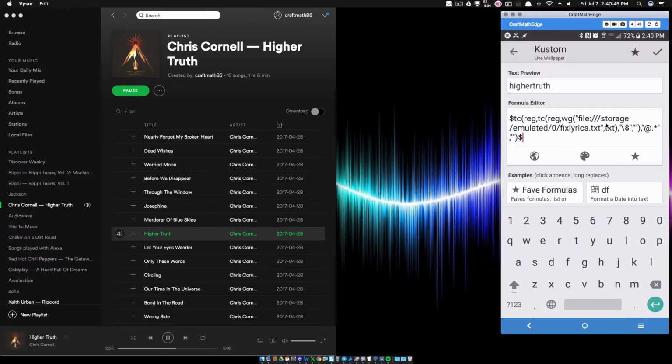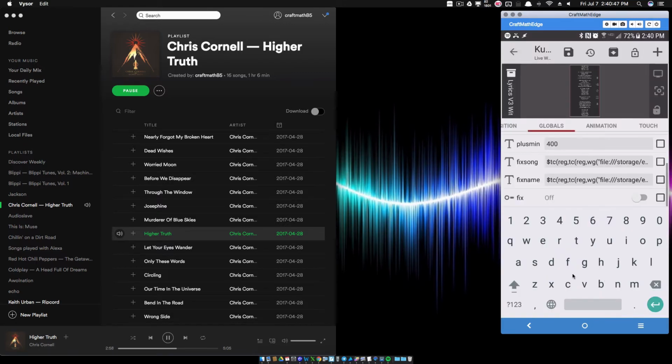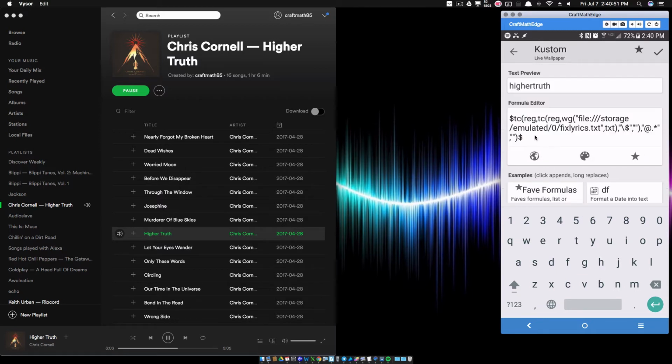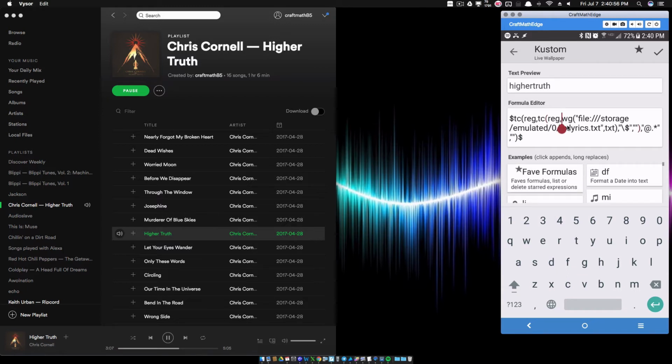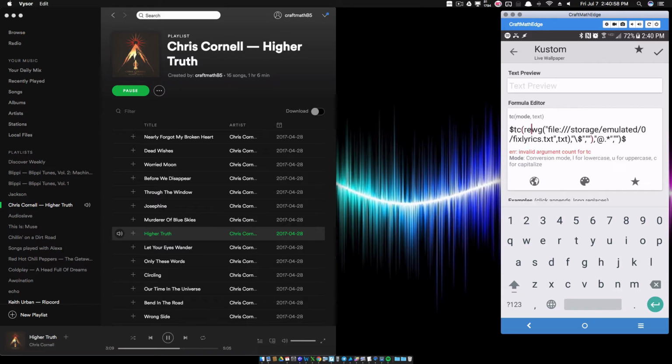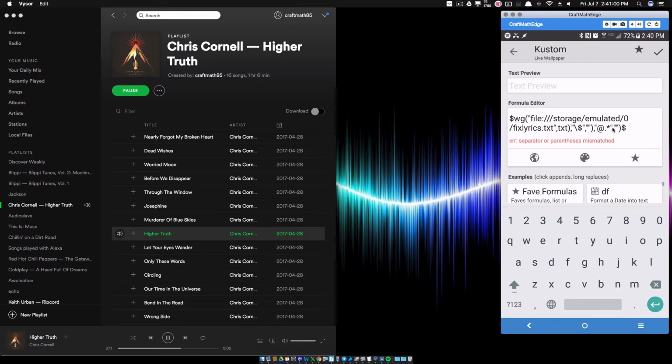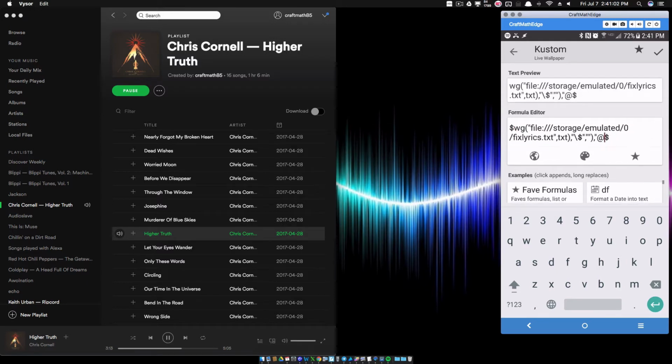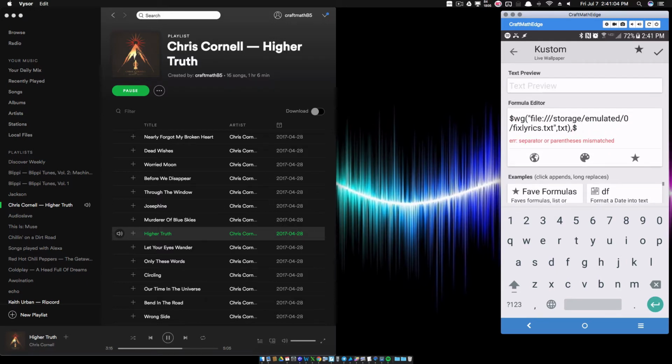So right now, which one am I inside of? I forgot. Okay, I'm trying to fix song. So I'm going to fix the song. And what we want to do here is I'm going to go through it with you step by step. The first thing we want to do is a web get. Almost like what I did in the previous tutorial with my to-do list. And I'm going to go back, and I'm going to come right back to here.